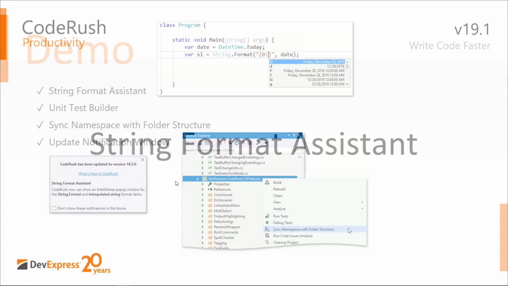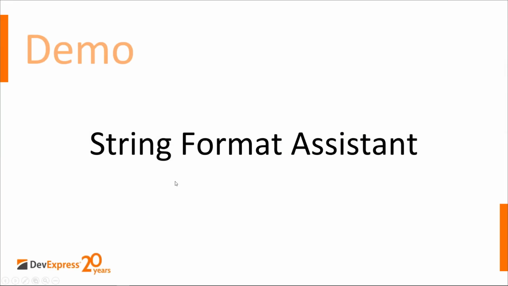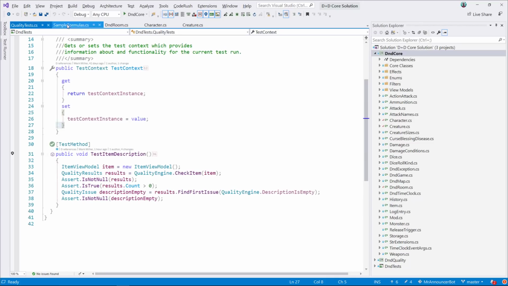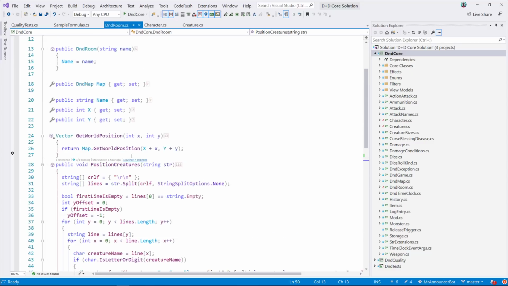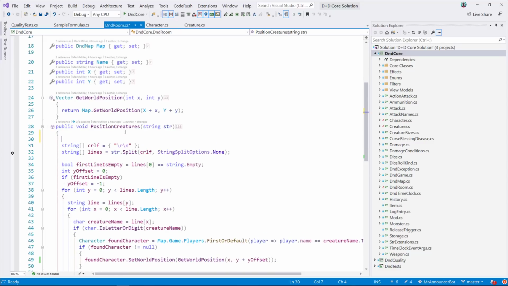And I think I've got some demos here. I've got String Format Assistant coming up. Let's do that. Let's grab some code here. I want to make sure I'm not running. I'm just going to make some code here real quickly. So I'm going to come in and type